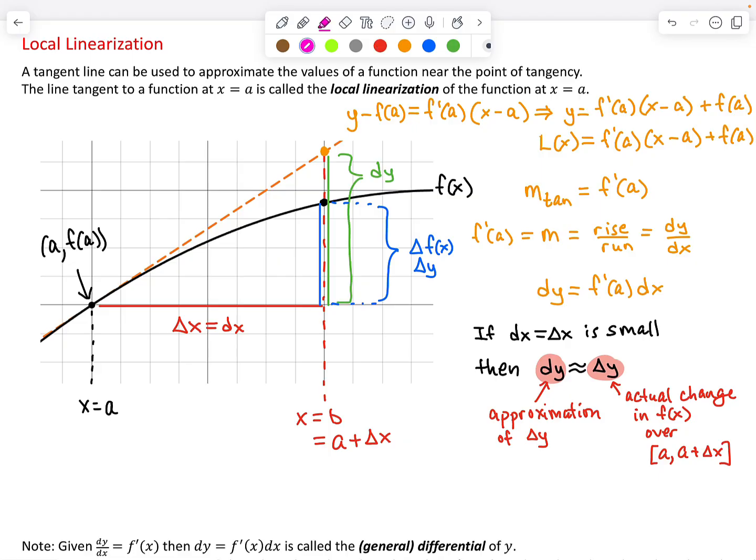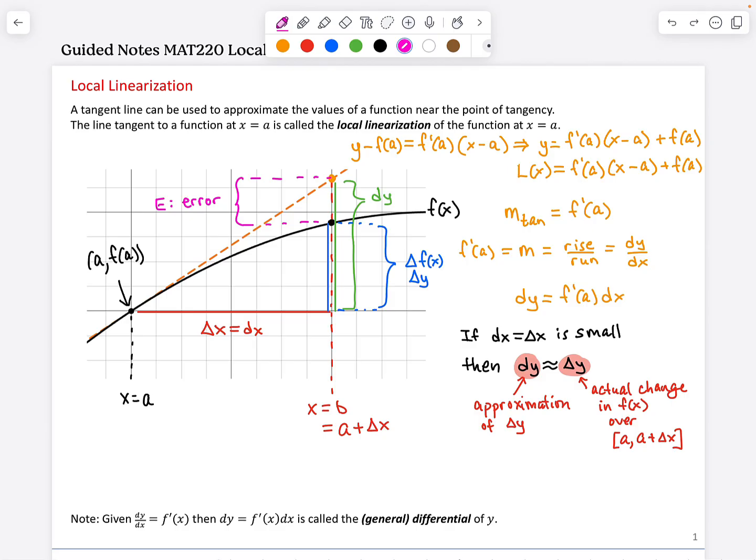Now the vertical gap between the two outputs can be thought of as an error in the approximation. We use capital E for that. And it should be easy to imagine that the smaller the value of delta x or dx, the smaller the error will be. We will see several examples of us applying this in the next few slides, but take note